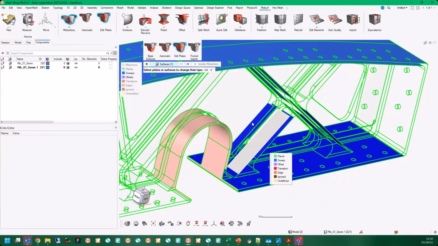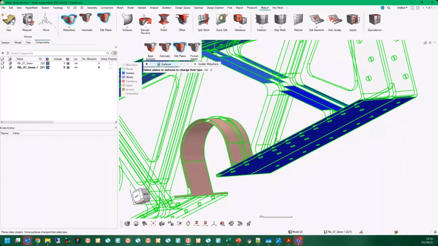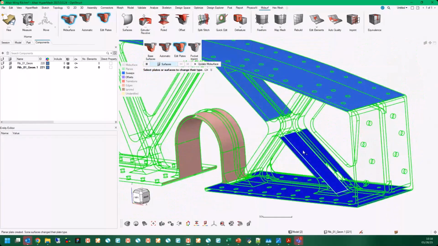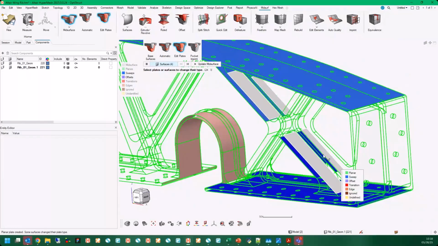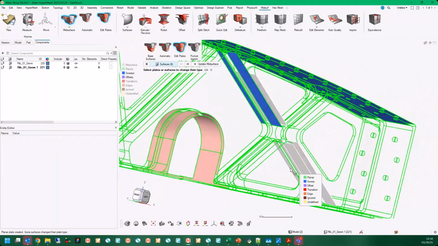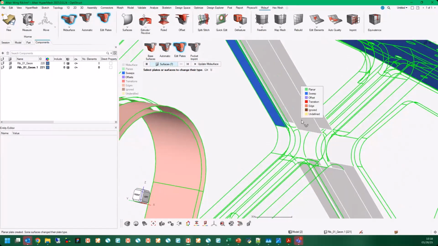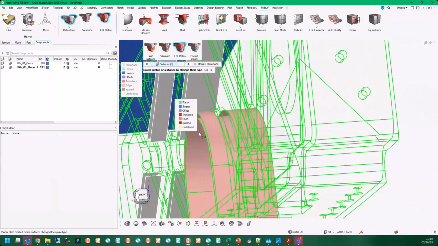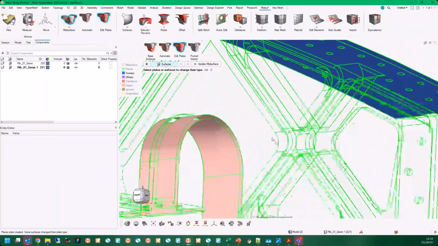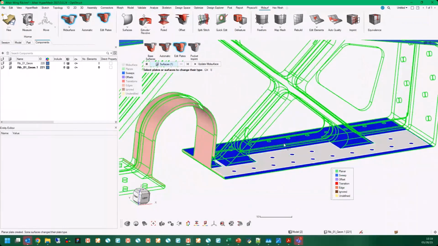So I'm going to pick these 4 surfaces and make that a planar plate. And that's as easy as it is. In this case, I have all my surfaces shown for this complete stiffener. And I'm going to do all those at once. Maybe I might have to flip around. Make that a planar. And then last up